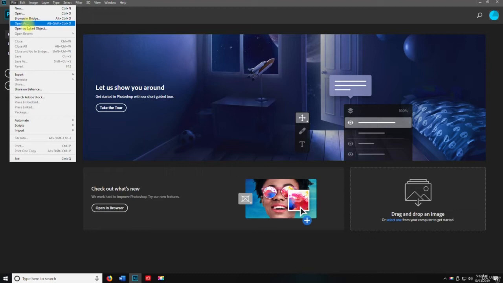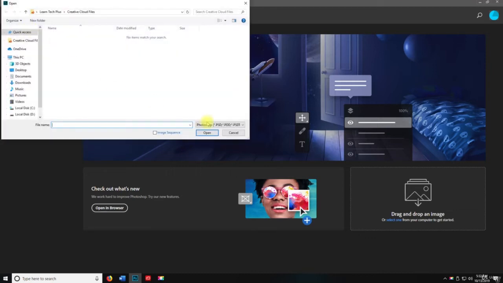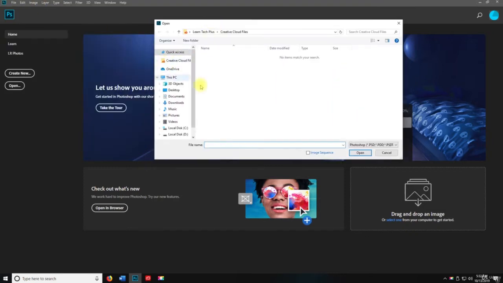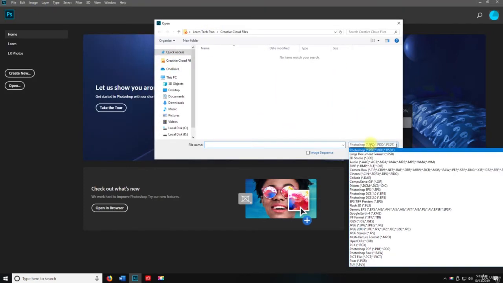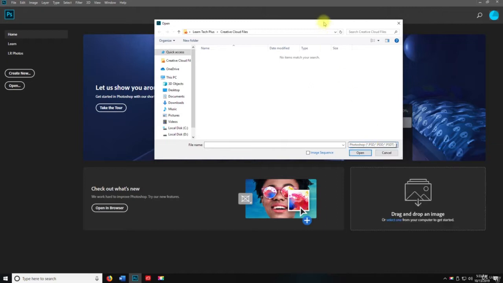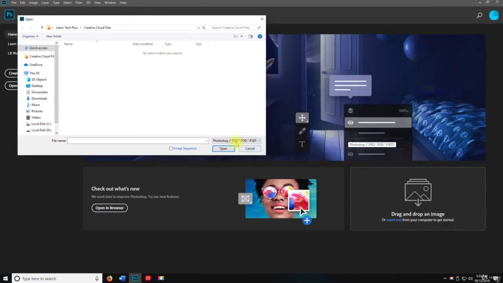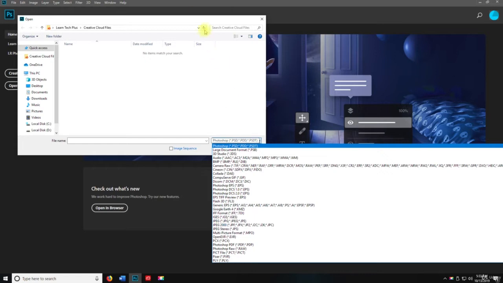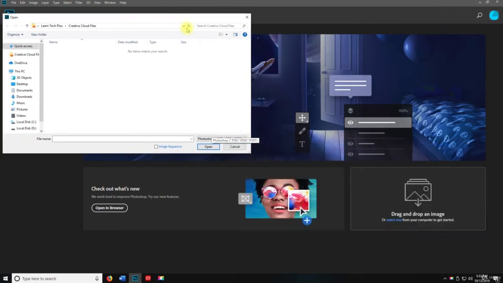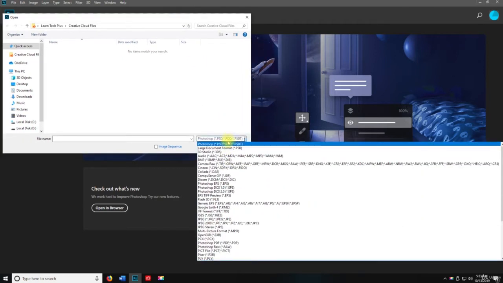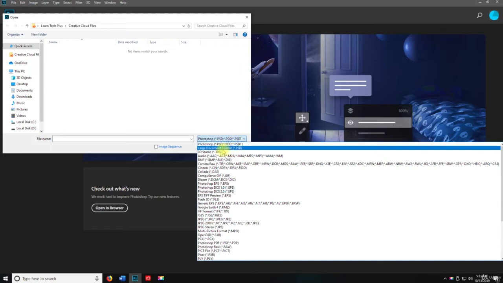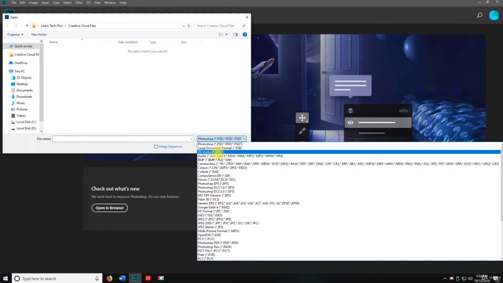All right, the next one is Open As. Open As is the same as Open, but instead of just doing Open and picking a random file, this is going to have you Open As. And let me move this over so you can see all the files, the formats, the extensions here. All right, so you can open as a PSD, a PDD, or a PSDT, a large document, 3D Studio,